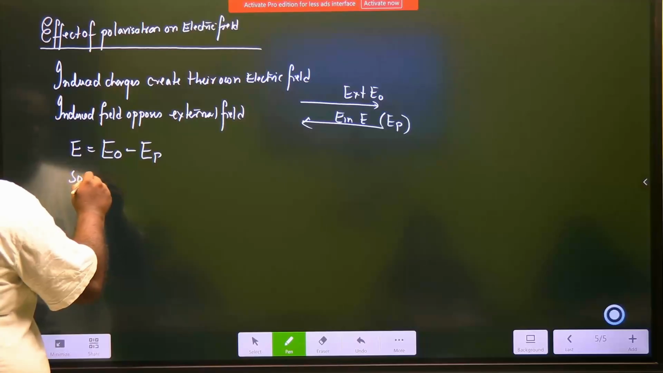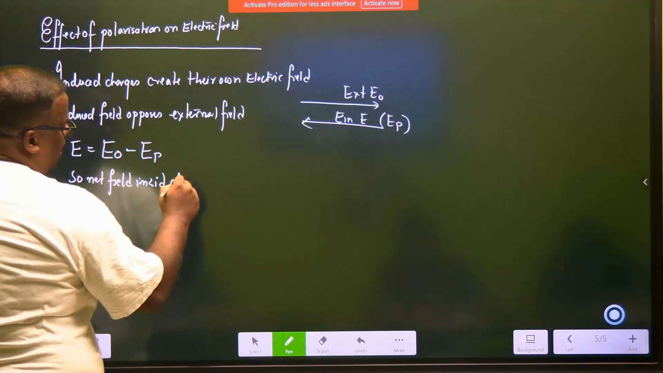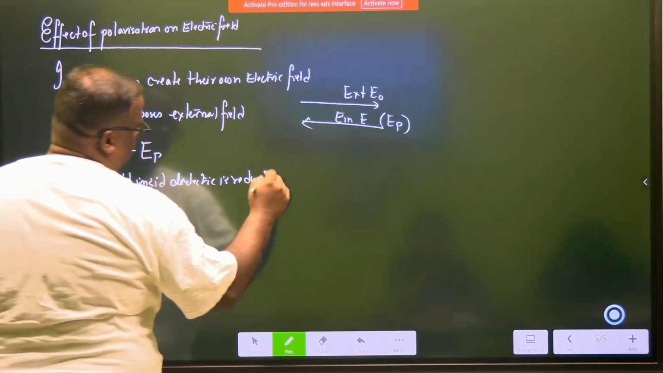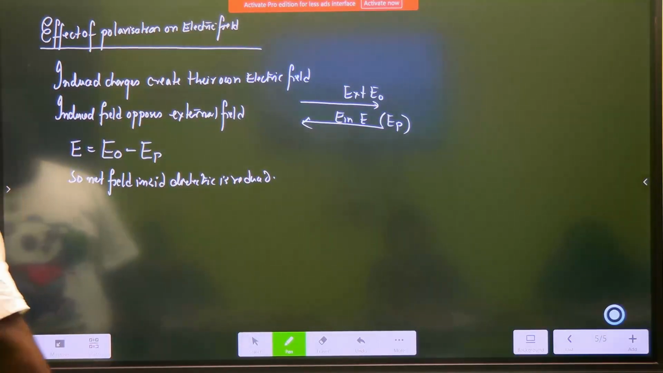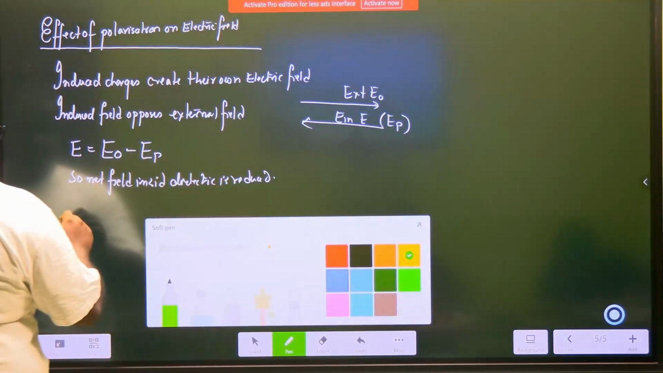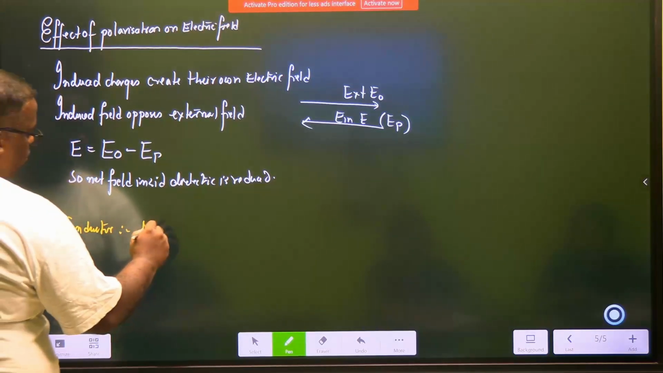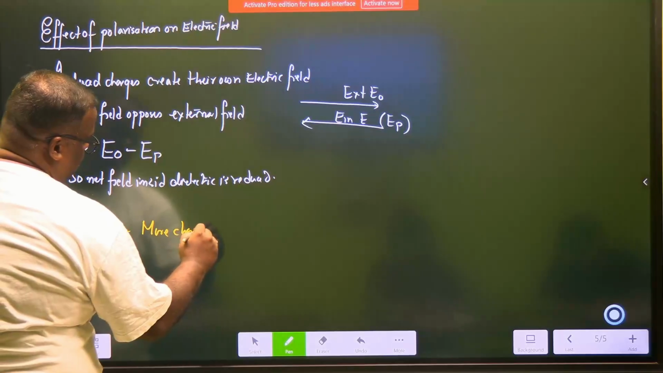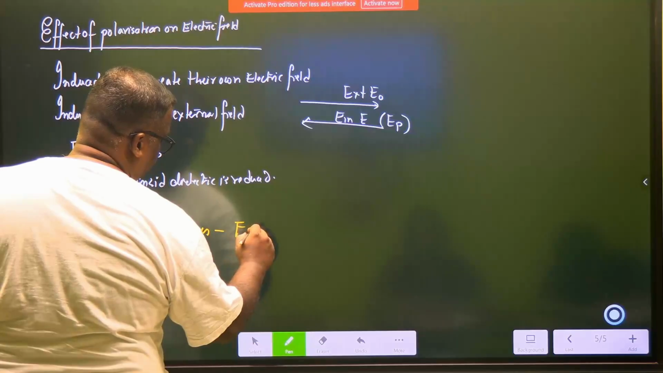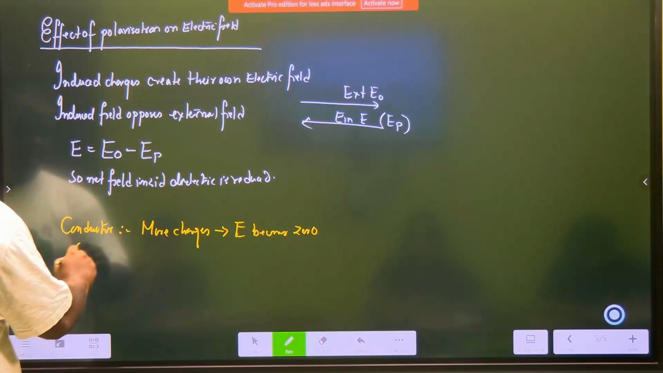So net field inside the dielectric is reduced. In short, just write these two statements. If you were a conductor, you had more charges. More charges means more free charges. So E becomes 0. And if you are a dielectric,